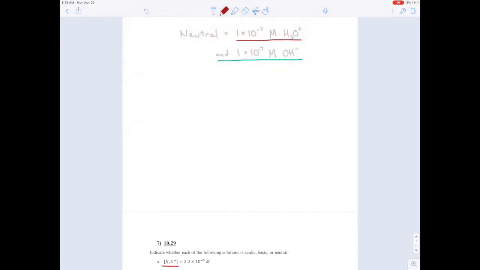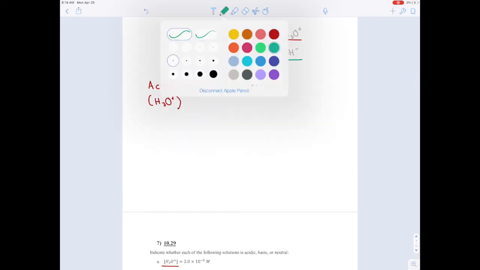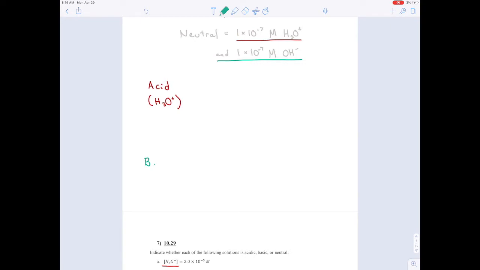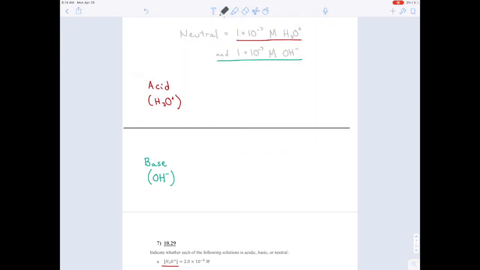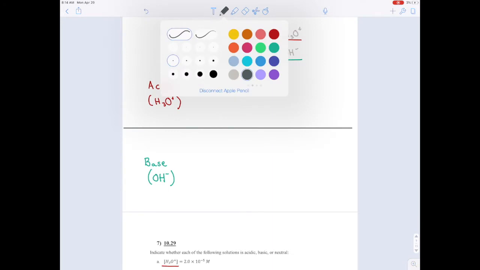So when you're thinking about it, the first thing you want to do is ask whether you have an acid, and the acid would be H3O+, or a base. So that's the first question you want to ask yourself. Are they giving me information about an acid or a base? Okay. Now, if it's an acid,